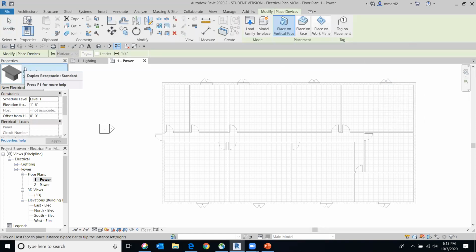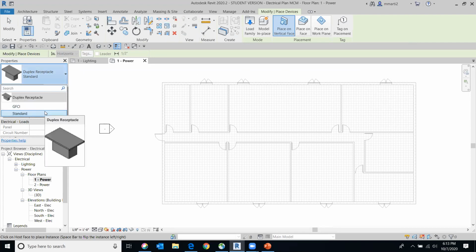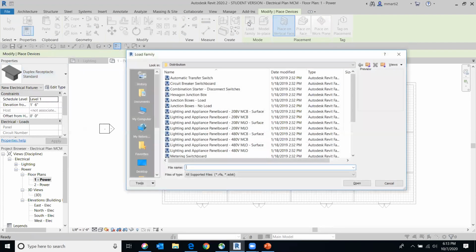And then if we go over to our properties and we do the drop down, you'll notice we just have 2 that are preloaded in here. We have the GFI one, and then we have a standard duplex outlet. At this point, we're going to use these as a default, but I do want to show you where there's some more available. If you go to load family,